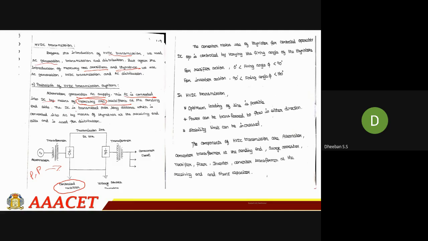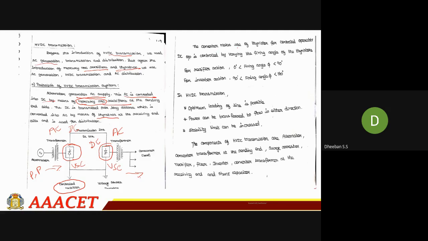The DC is transmitted over a long distance, and is converted to AC again by means of a thyratron. Basically these two are nothing but converters, specifically making use of voltage source converters. So here your AC gets converted to DC. Again, after transmitting through the DC link, the DC gets converted to AC, and it is stepped down and given to your consumers. This is the main principle involved in HVDC transmission.